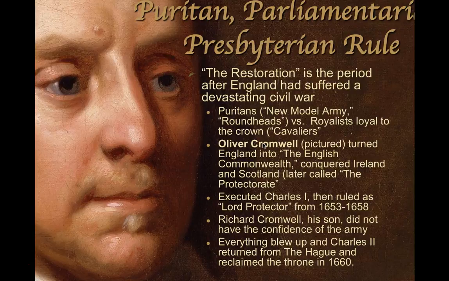He turned England into the English Commonwealth, and then he conquered Ireland and Scotland and brought them all together under one umbrella as the Protectorate. And the irony, of course, is that's what James and Charles I and Charles II later wanted. But they told James the First that that was craziness, that it could never happen. But that's exactly what Cromwell did once he got power. And then, after he executed Charles the First by chopping off his head, he became the supreme leader of the English Commonwealth and was known as the Lord Protector.